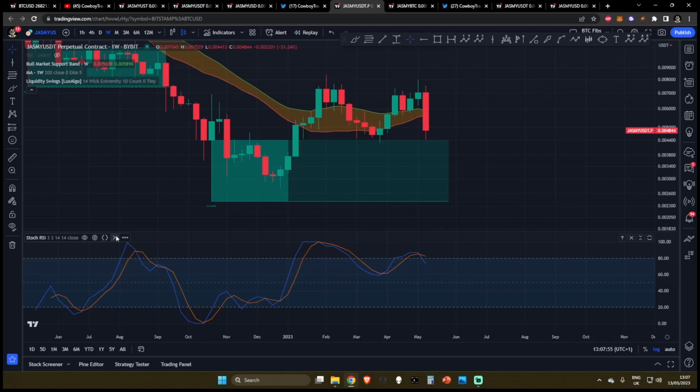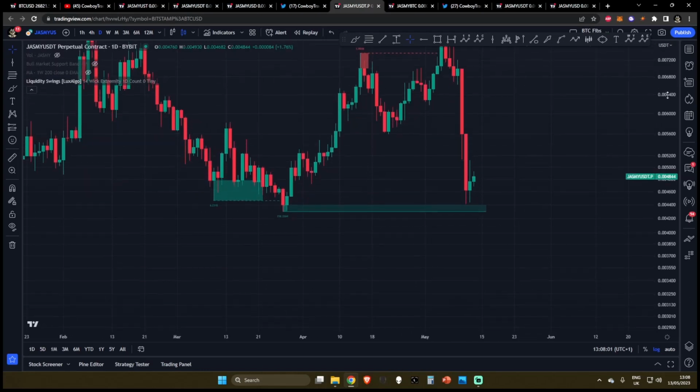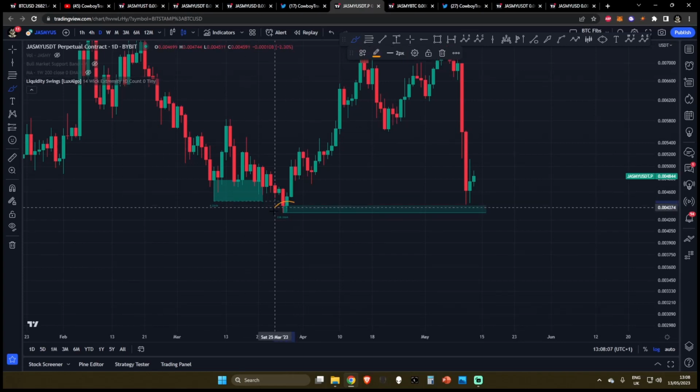Now, let's get rid of the stochastic RSI. Let's get rid of the bull market support bands. We already talked about those. If we come over to the daily, you can see we actually have just come down. We haven't filled it, but we've come down to one of these pools of liquidity on the liquidity swings for